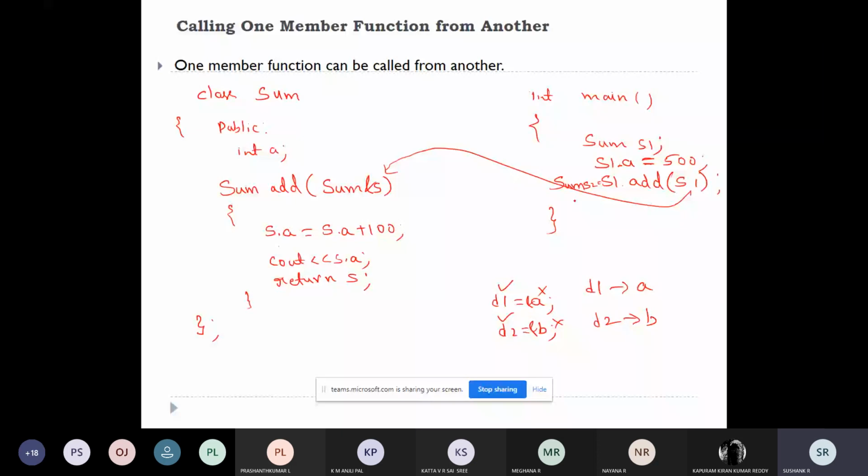So these two things work the same way. Like a normal add function, I'll just take this simple example. It can accept integers as the parameter, and even return an integer as the return type. The same thing, instead of data types, here I'm passing the object as the parameter, and even returning the object as the return type. So that's all.